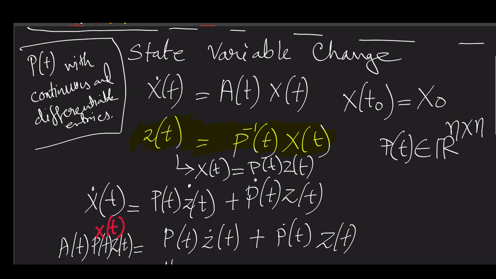So now if you do x dot t, then you will get P(t) z dot(t) plus P dot(t) z(t). Now in this context I would like to mention that for a time invariant system where your A is